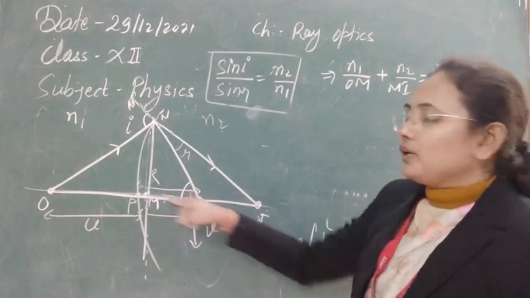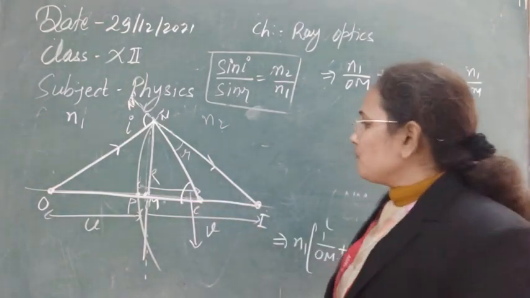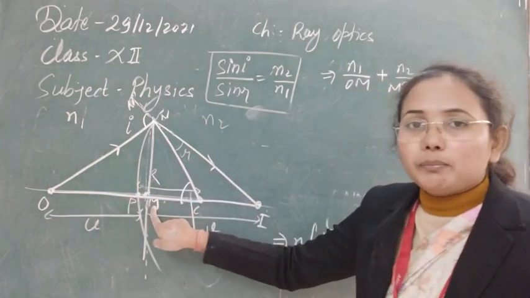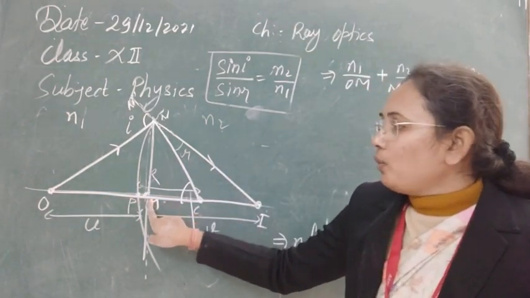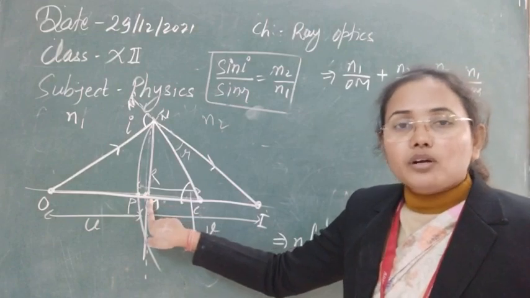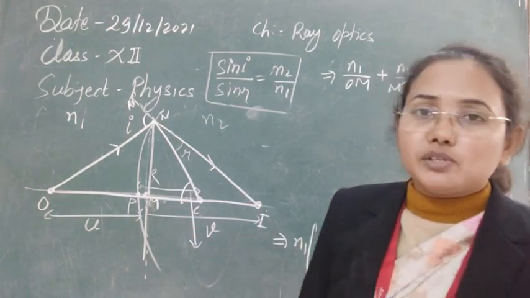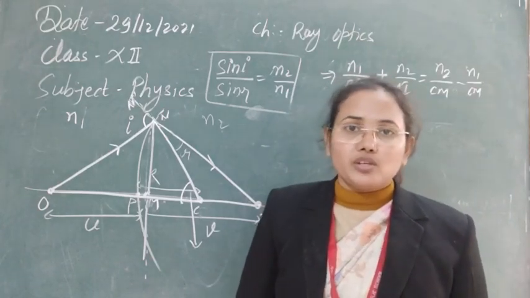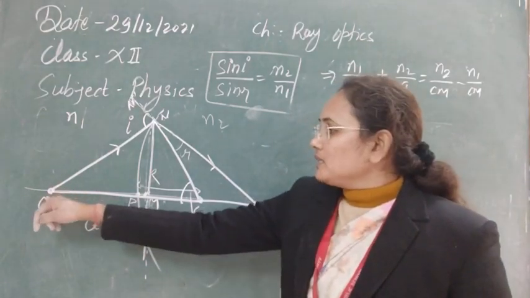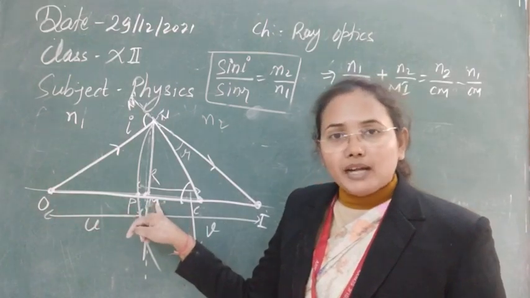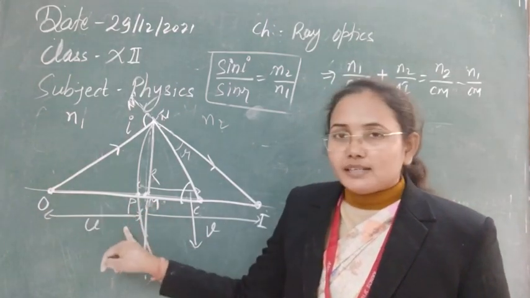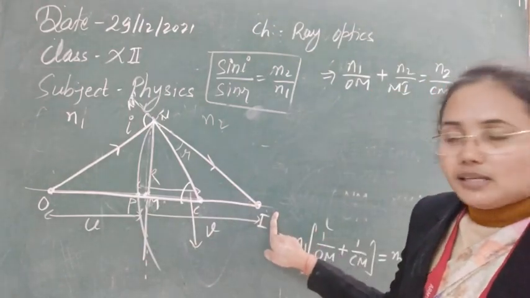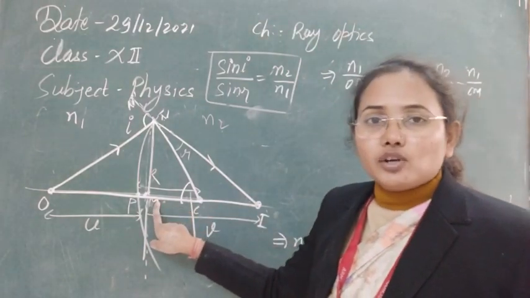Now as you can see in this figure again, the value of Om is the object distance from the pole, or also we can write OP, that will be equal to OM, because in the starting we have taken the assumption that the aperture is very small. So P and M both points are coinciding points. So whether we measure the distance from P or M, that will be same. So this is object distance U. Similarly Mi is the image distance. Cm is the radius of curvature.